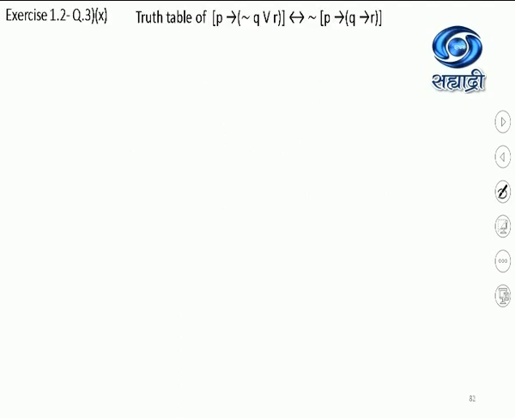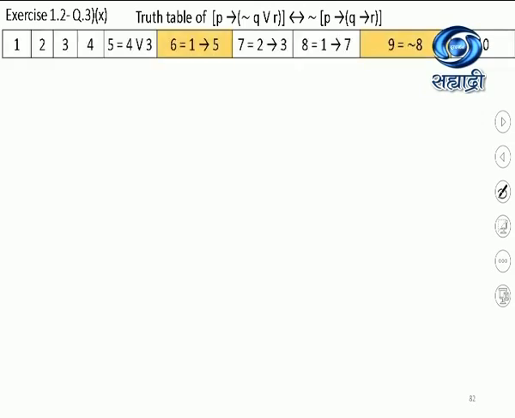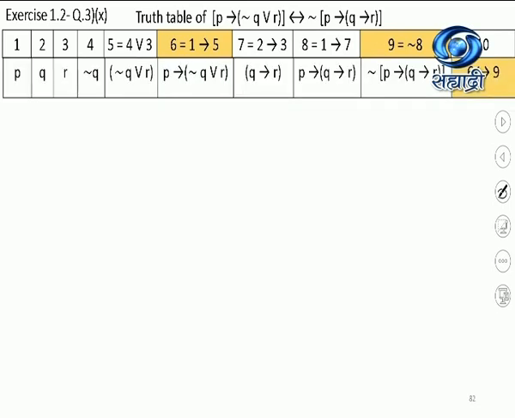This is the expression or the statement pattern for which we are constructing the truth table. 10 columns, there is no space for the 10th column, so I have written that expression at the end. First 3 columns for P, Q, R. Now inside the right hand side square bracket, negation Q will come first, then the round bracket, negation Q or R, then the entire square bracket will be in column 6 here.